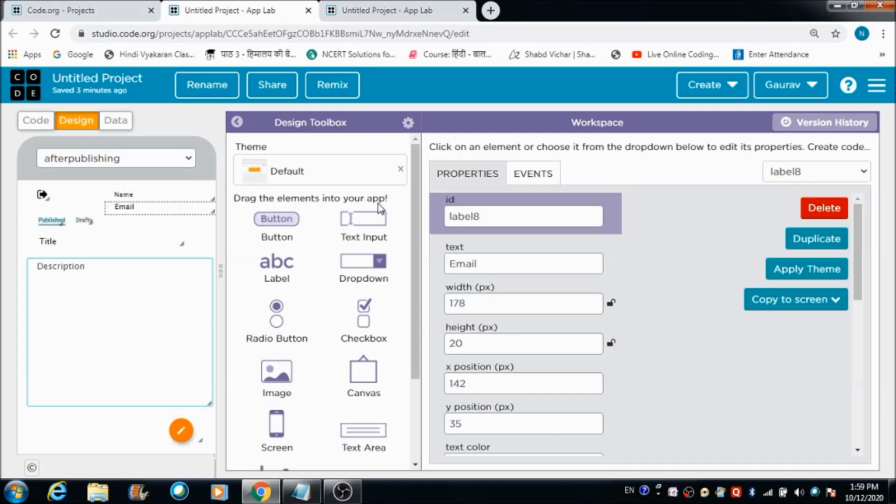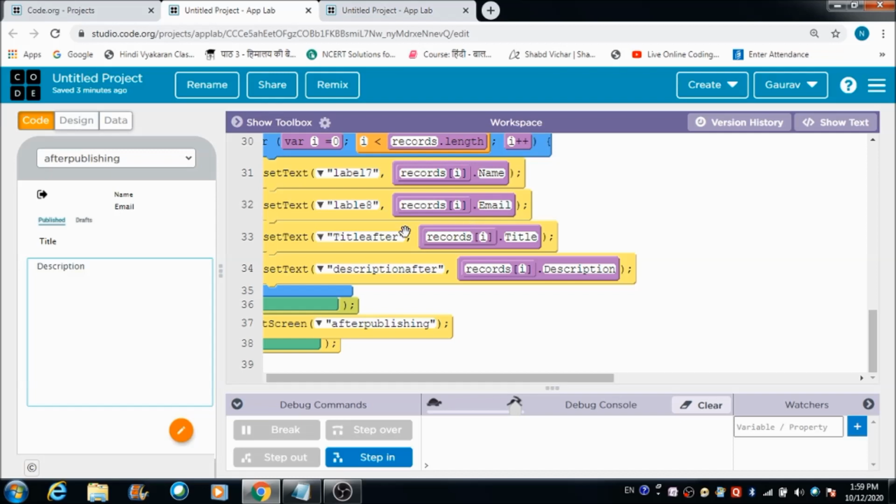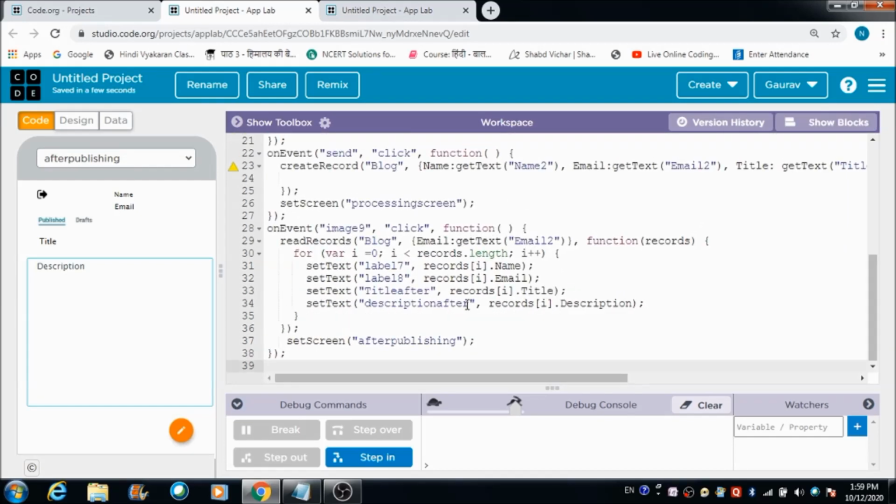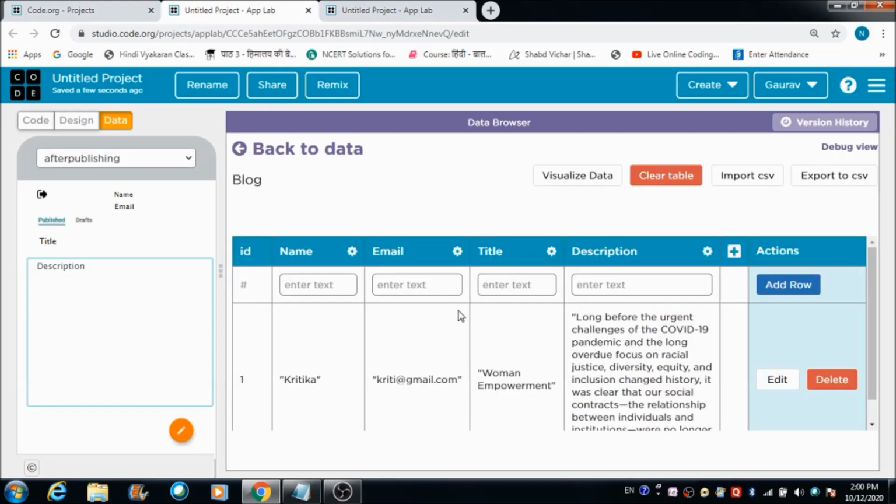The ID of this is label 8. So this is perfectly fine. Let me convert it back into block-based code, sorry, text-based code. And the email IDs of the user are getting stored in this block table. In which column? That also I need to check once.